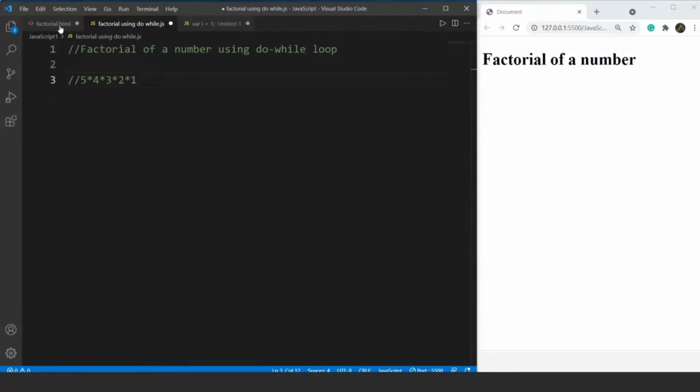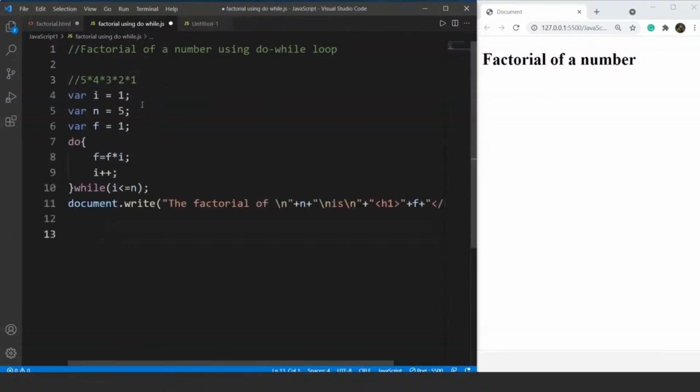So this program is pretty simple compared to the previous two we did. This is a small one too. Let me take you through this. So here we have the program, and here we have three variables, right? We have a variable I, which is initialized as 1. Then we have a variable n, which is 5. And then we have a variable f, whose value is 1. F is for factorial, n is for the number we want to check the factorial of, and